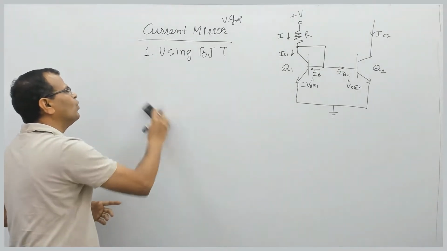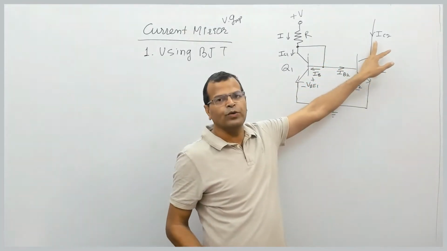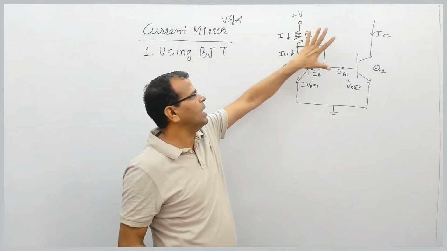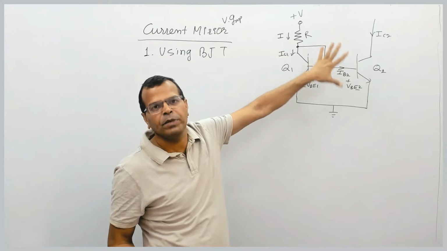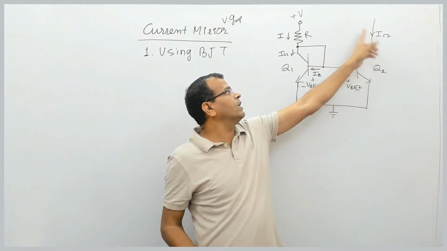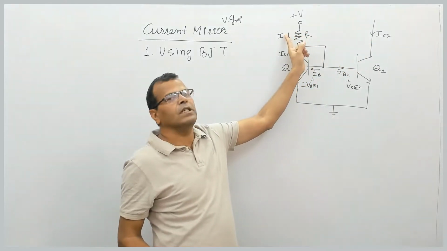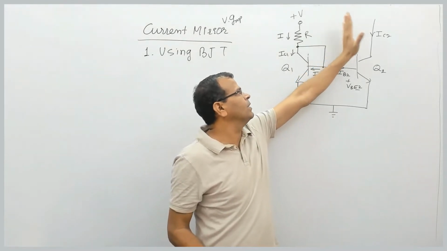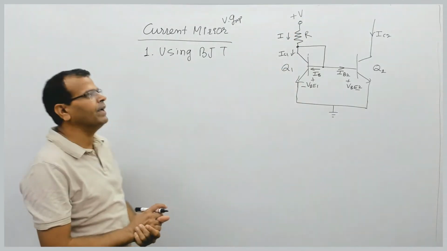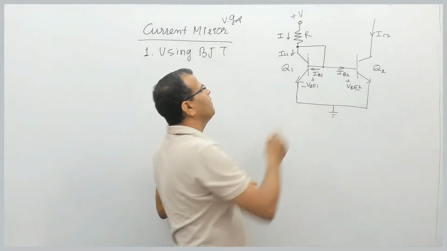In this circuit, what do we do? We control the collector current of Q2 by controlling this voltage. So sometimes we call this the current source. Current mirror circuit is the current source. Why do we call it current mirror? Because this current is the reflection of this current. This current is almost the same as this current. So that is why we call this the current mirror, because it is acting like a mirror for this current to be the same as this current. Fine. So let us see, this is IB1.